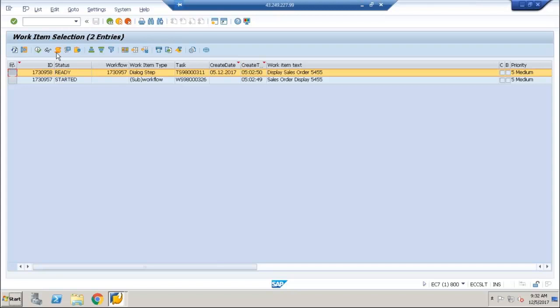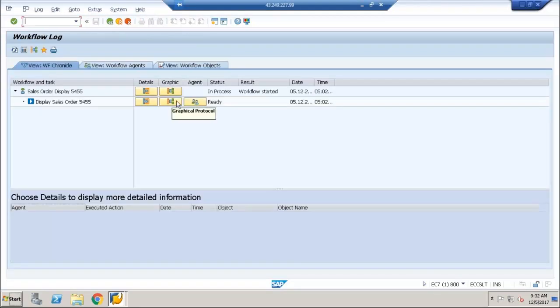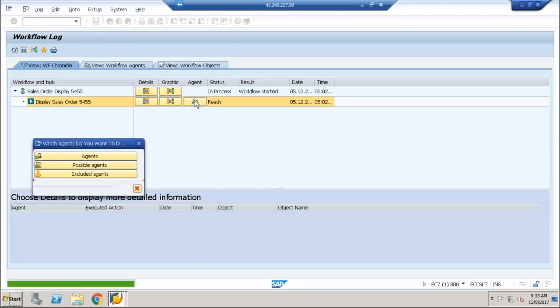Okay, so next I will show you how to see the logs. This is the place where we can see the log. Okay, I'll show you how the log looks like. See, here it is saying this task is ready at this agent.